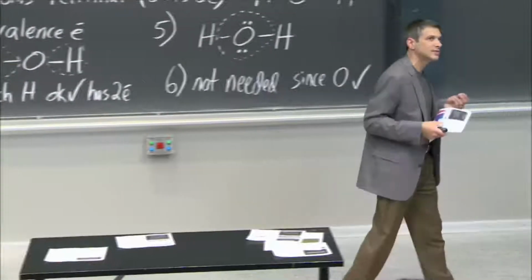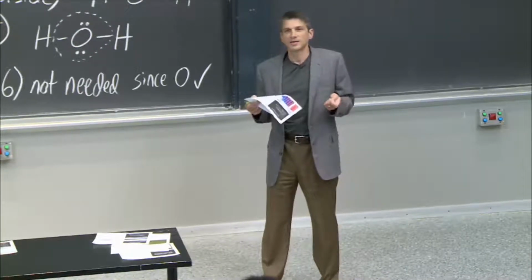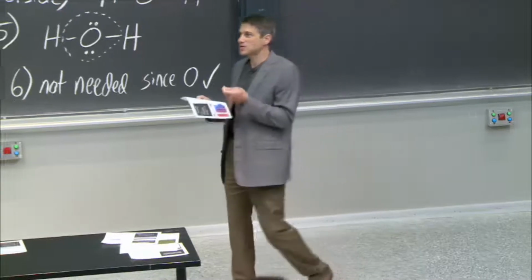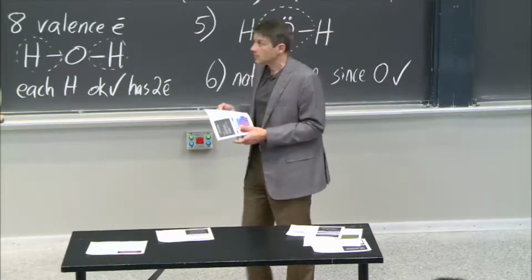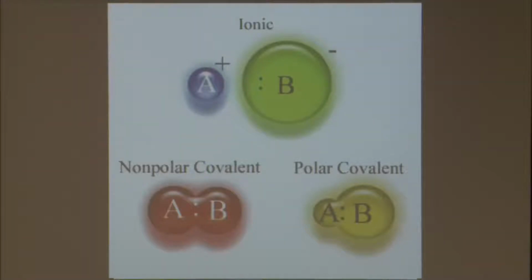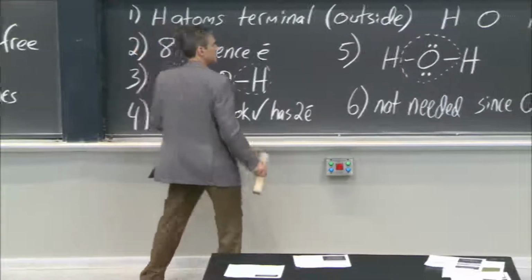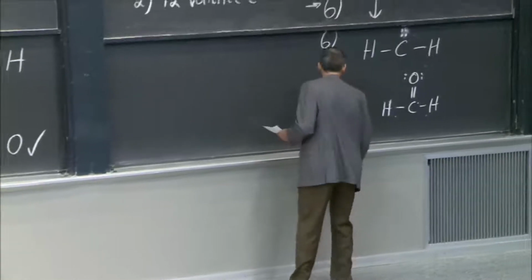And so what we need next, as we talk about covalent bonds, is a way to think about how ionic they are, right? Because there's only a certain kind of covalent bond that's purely covalent, as it's written here, non-polar covalent. So let's talk about that next, okay? And what we're going to do is use this term that I alluded to in the beginning, which is point number 1 in your recipe, and that is electronegativity.